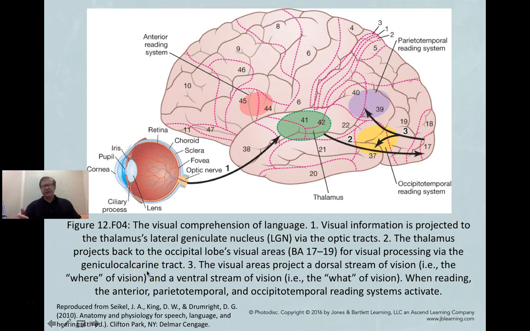Now, in the case of the visual system, which is also necessary for language processing, things are a little more complicated. Gee, this looks like a pretty horrendous diagram, doesn't it? There's lots of numbers and lots of different arrows and connections, but let's try to make it as simple as possible. So here, if we just focus on comprehension of written words, which is one of my research specialties, in